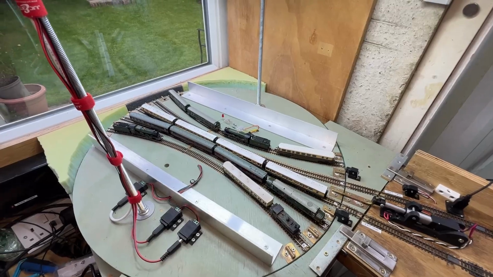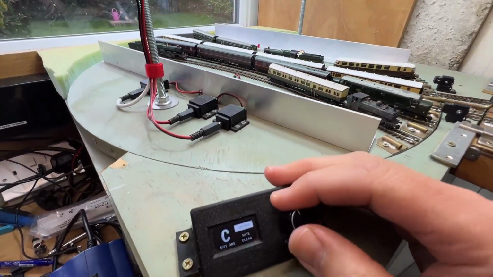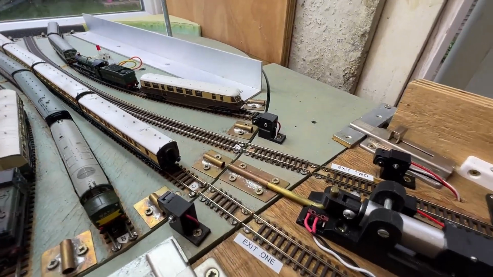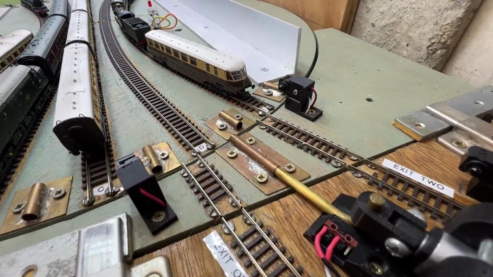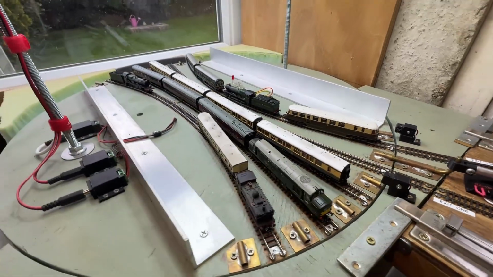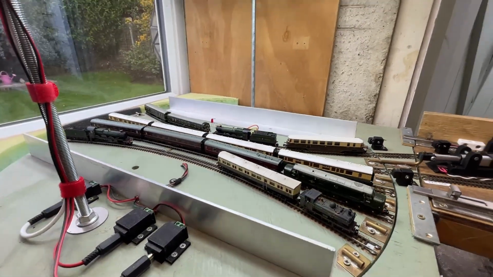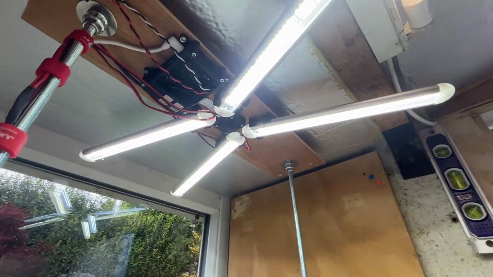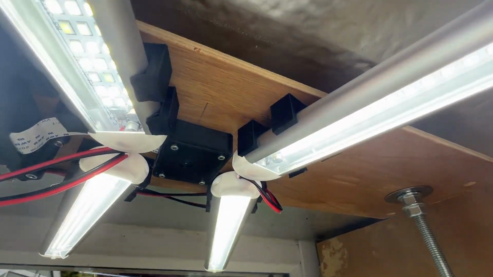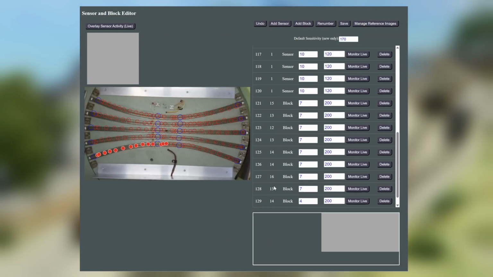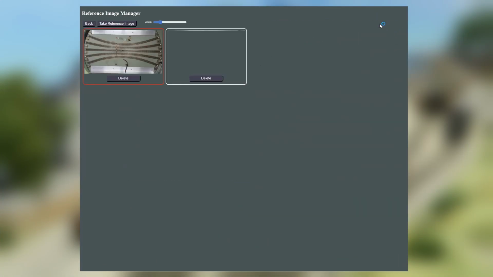So here's an update on the automation that I've been trying to get together for Torbay Sands. Here's the turntable under manual control, but it also responds to MQTT commands from JMRI. Above it is the Raspberry Pi and camera system that I put together with code from an Instructable on the Instructable's website. So that basically looks down on portions of the layout, and there's a web interface here where you